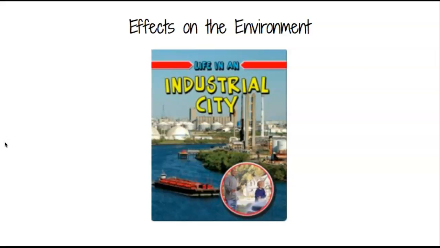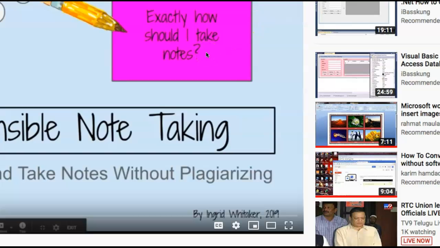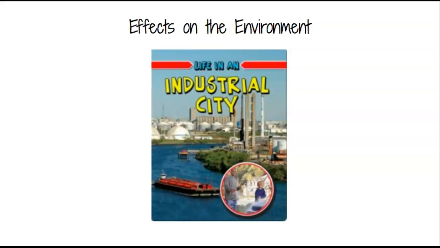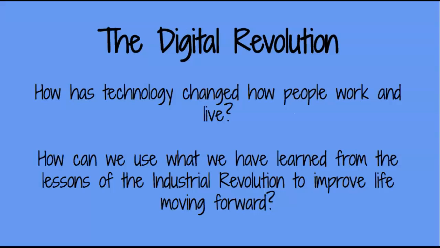Using these books and other texts and other resources that they find, students will research and take notes. There is a video called Responsible Note-Taking that is a tutorial that will help students to learn how to put their research into their own words so that they're not plagiarizing. All students will need to explore this question: how has technology changed how people work and live? And how can we use what we have learned from the lessons of the Industrial Revolution to improve life moving forward? For this purpose,